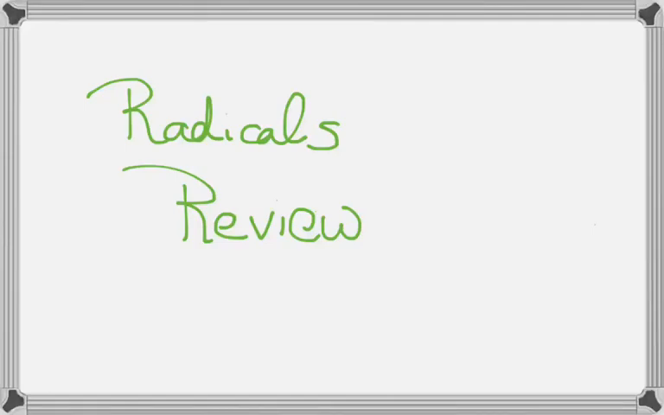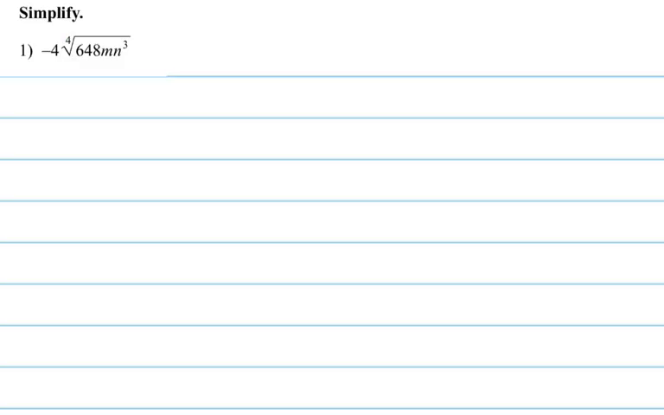The radicals review. We'll start with the first set. In the first set, we're looking at simplifying the radicals, looking to see what groups can come out. And so we have -4 times the fourth root of 648, mn cubed. So we're going to take that 648,